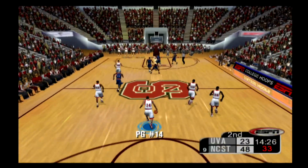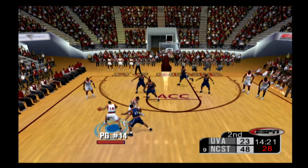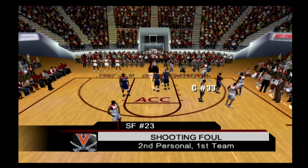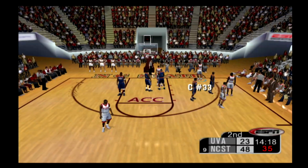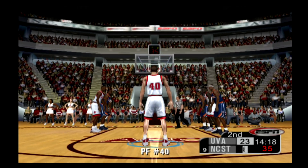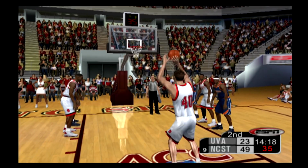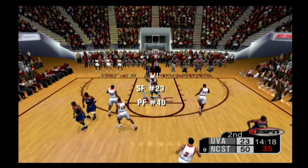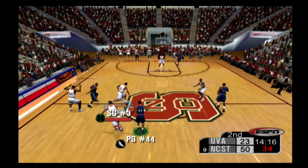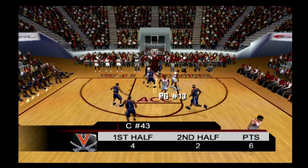Nice offensive board. These kids are really attacking the glass. They just won't be blocked out. It's passed inside. Brackman couldn't get it to go after the hack, but draws the foul. A chance for two from the free throw strike. He makes his first shot at the line. Simmons will leave the floor. No problem at the line. He drops both free throws. The Cavaliers, with a 27-point disadvantage, they bring it down court. 43 shows he...